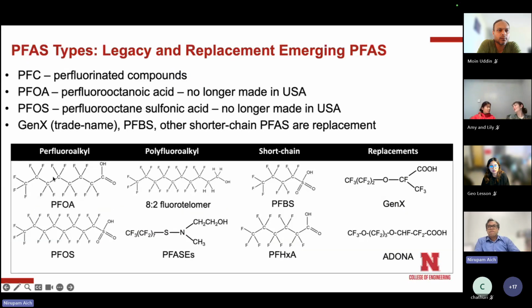So there can actually be more than 15,000 different types of structures, because you can take these carbon chains, you can make them short, you can make them long, you can put fluorine in different places, replaced with hydrogens. You can have different types of functional groups there. So you can create a whole range of different chemical structures with that, and you can get different types of properties and you can tune the properties of it. So it's really, really unique.